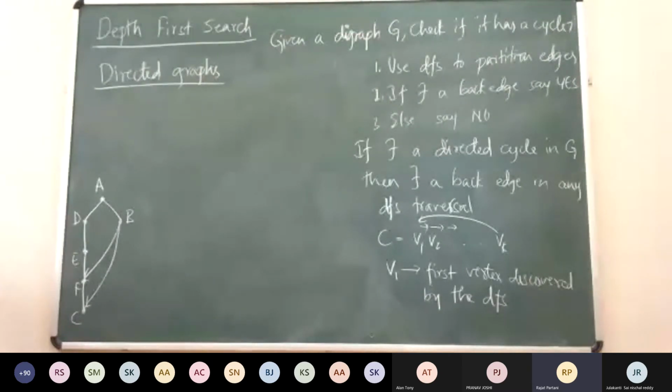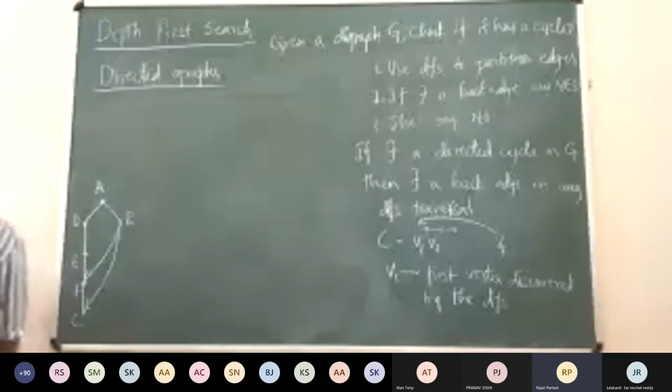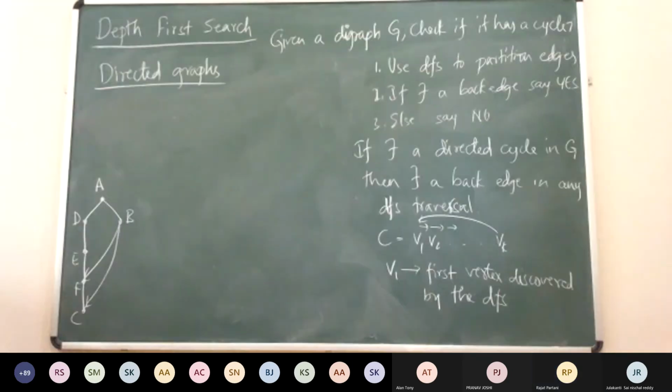Why? How do you prove that? So by the property of DFS, sir, there exists a path from V1 to Vk. So by depth first traversal, if V1 is the first vertex discovered, then there will be a path from V1 to Vk. It will come under the DFS tree. Why? No, you are jumping ahead. I don't see why all the vertices in that path should be descendants. It might be true, but how do we prove that?